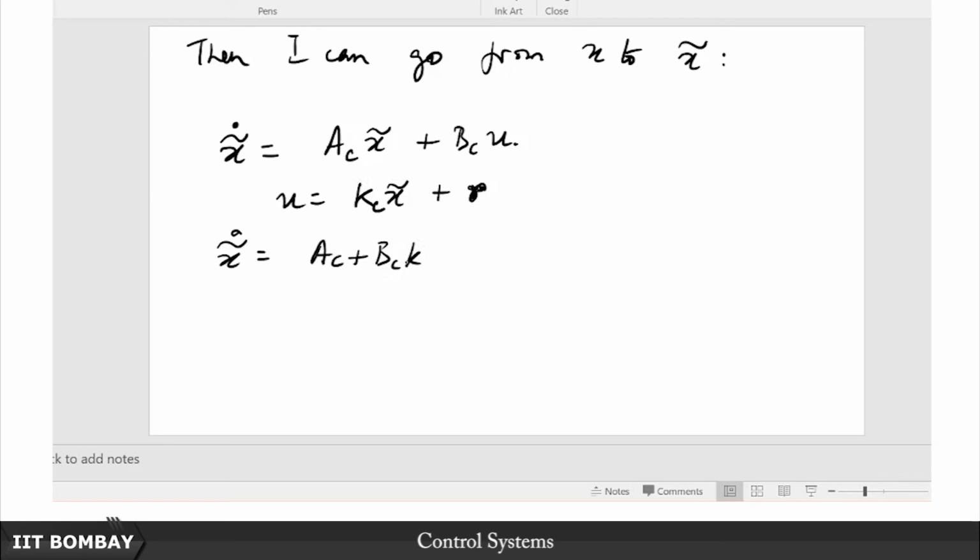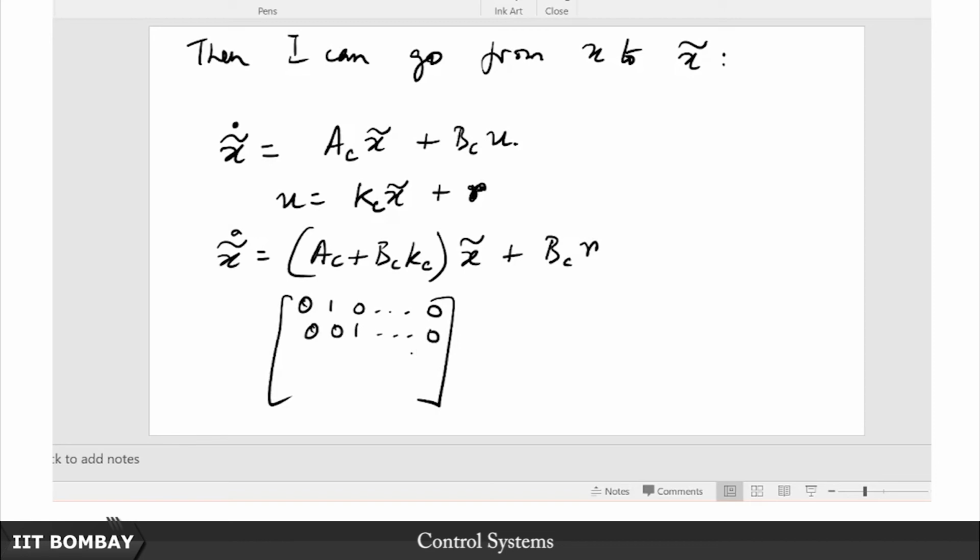Once I have gone into the phase variable canonical form I am going to carry out my pole placement, or my design of the gain K, in this phase variable canonical form. And why? Because I am going to see very shortly that this is very easy to do, plus BC R. So this much at least I am assured of. Now look at the structure and why it is beautiful: 0 1 0 0 0 0 0 1 0, likewise you go to the last row and then you have minus a0, minus a1, dot dot dot, till minus a n minus 1. This is going to be this AC.